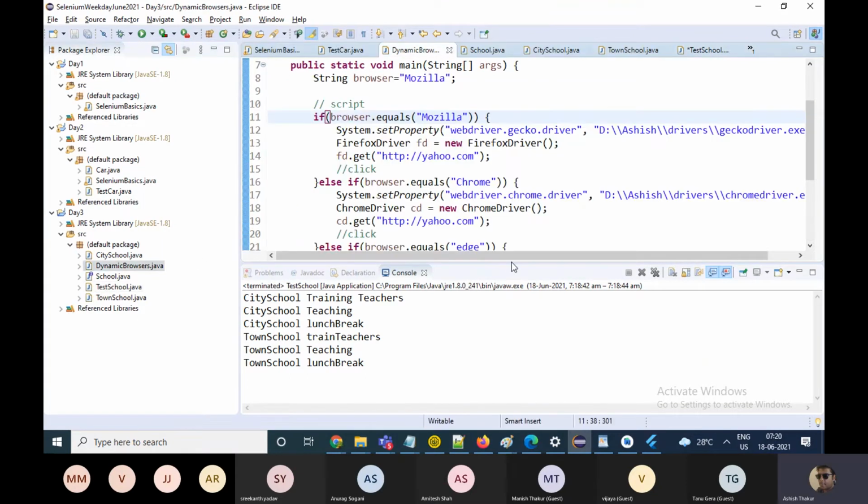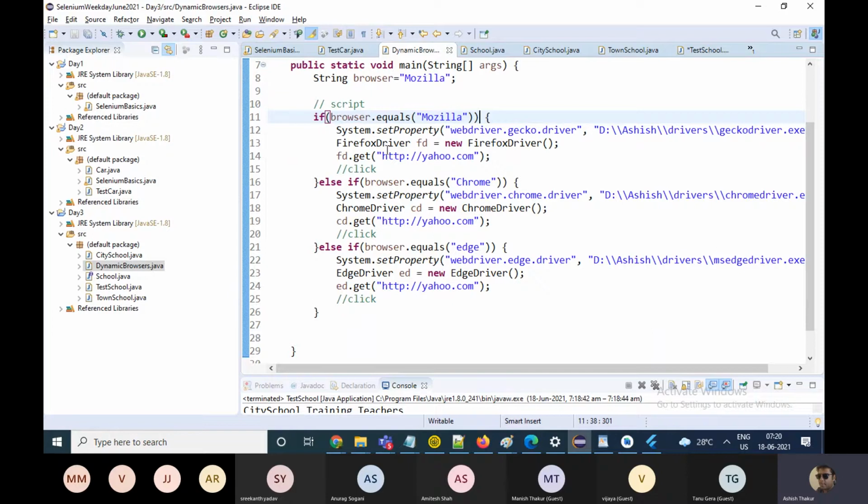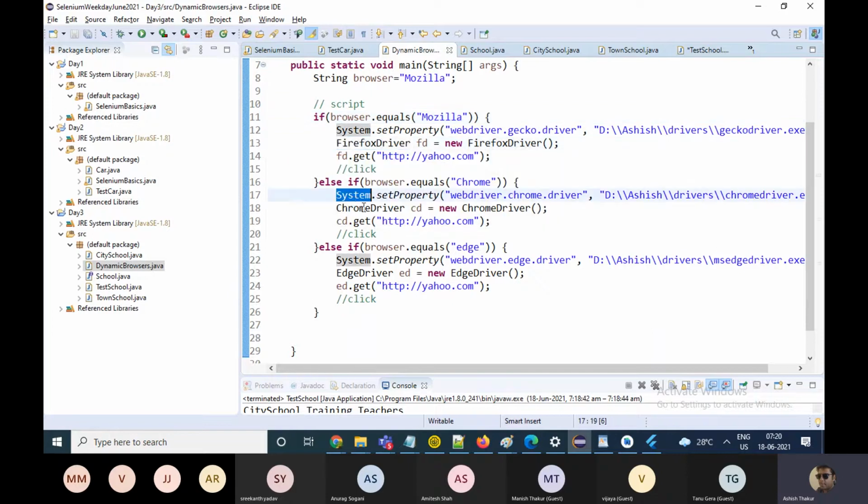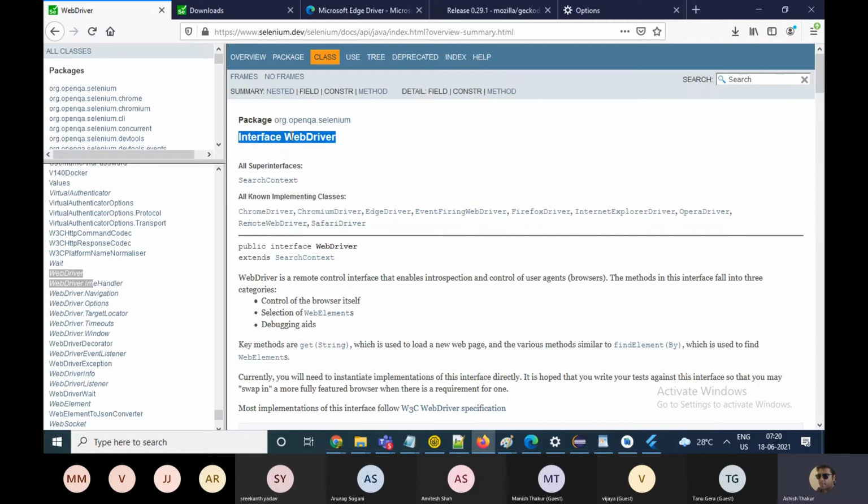So the functions which are there in Firefox driver, the same function names will be there in Chrome driver and in Edge driver. For example, the get function is there in each of them because each of them is internally implementing the WebDriver interface.